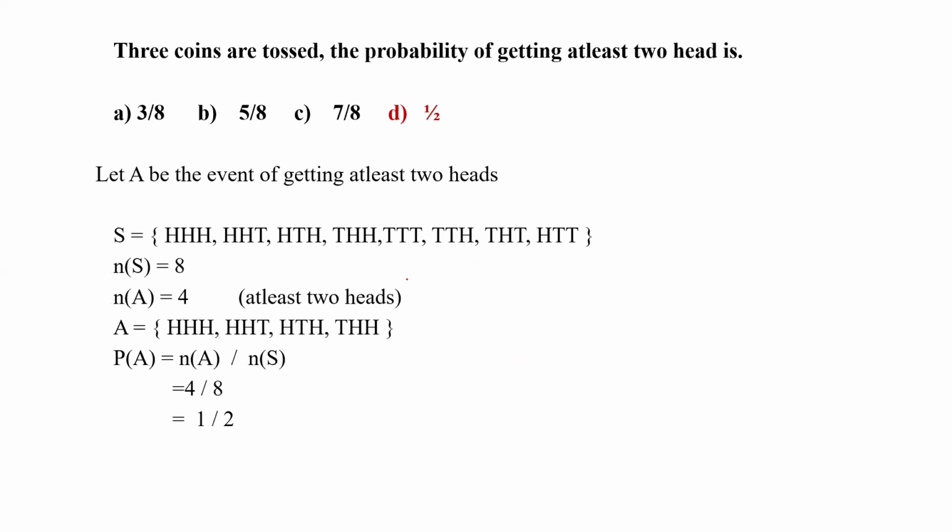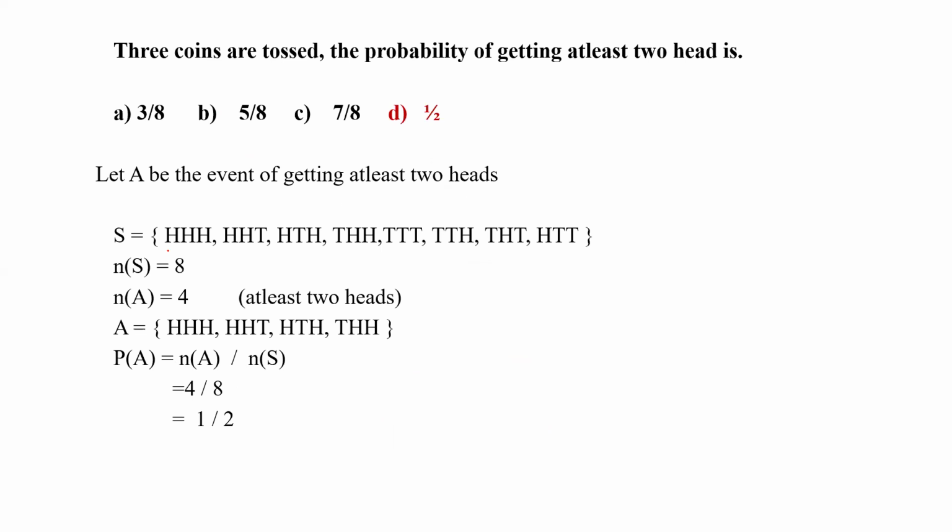We will see the sum. 3 coins are tossed. The probability of getting at least 2 heads. At least 2 heads, what? At least 2 heads means,